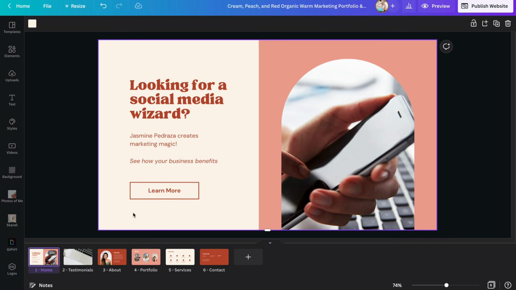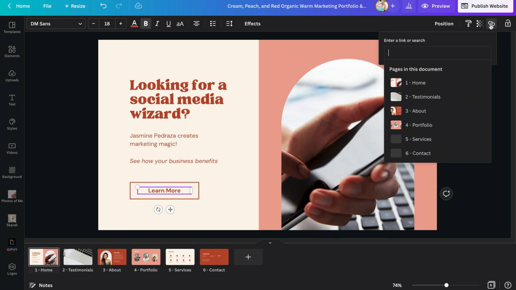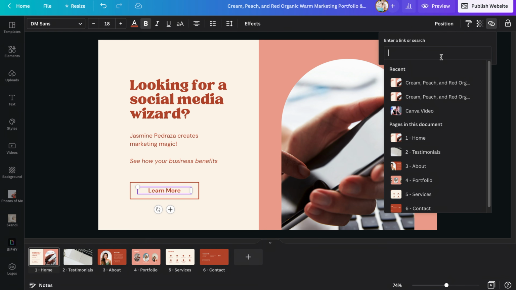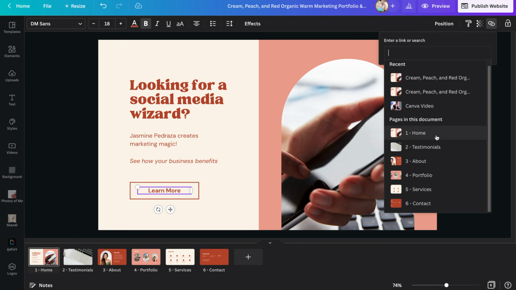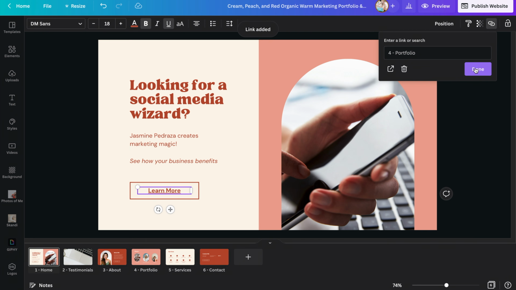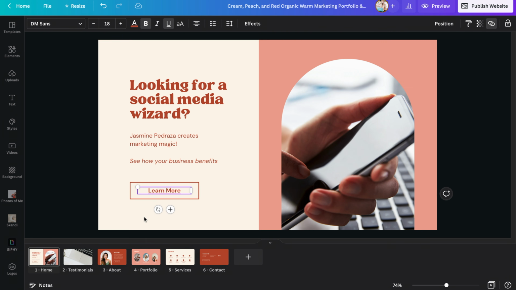And it also makes it really easy when you're interlinking things. So for example, at this stage, this learn more button doesn't have a place to go if somebody clicks it. But if I go over to link, I can either put a hyperlink here, which will go to an external web page, or I can go through to the pages in this document and say, hey, when somebody clicks this, make sure that it jumps them down to the portfolio section of the website,